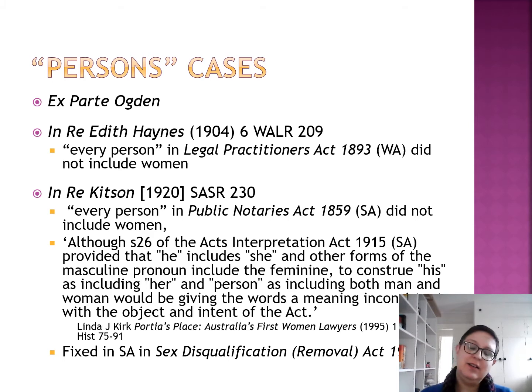However, there is a line of cases that progressed from that, some of which discussed potential legal practitioners. So in Western Australia, Edith Haynes sought admission to legal practice, and the Supreme Court had to decide whether she was eligible. And in the Legal Practitioners Act 1893, they talked about every person who met certain educational requirements having the ability to be admitted as a practitioner of the Supreme Court of Western Australia. However, in 1904, the Western Australian